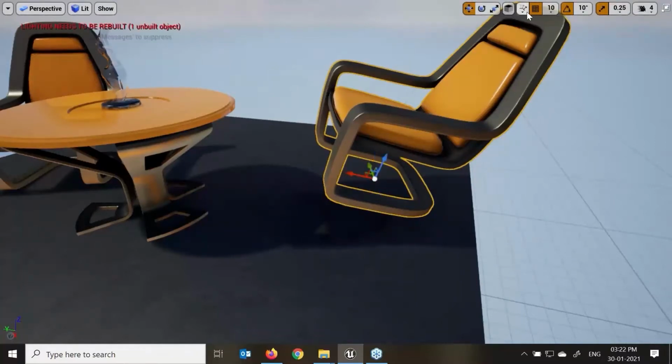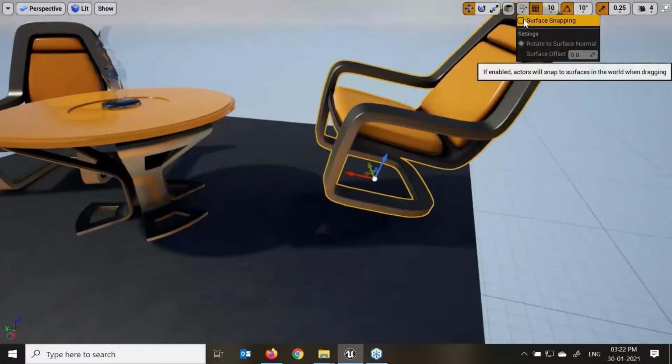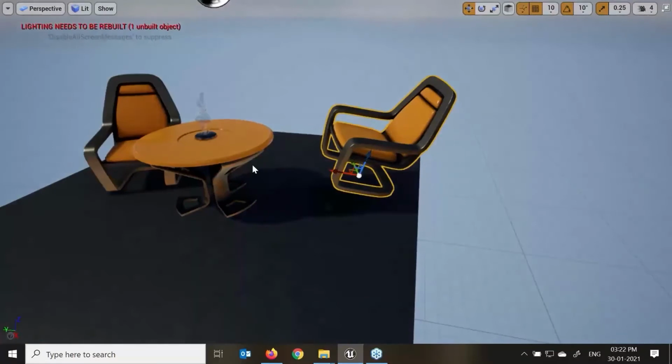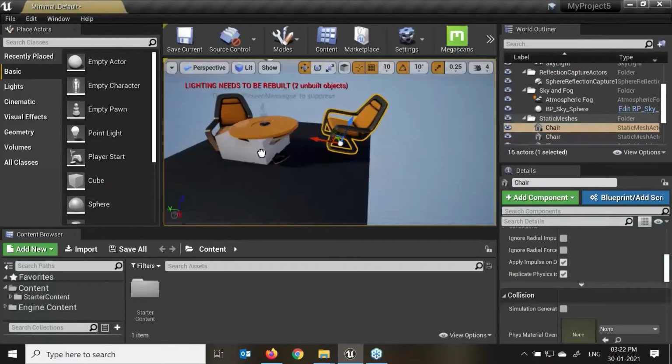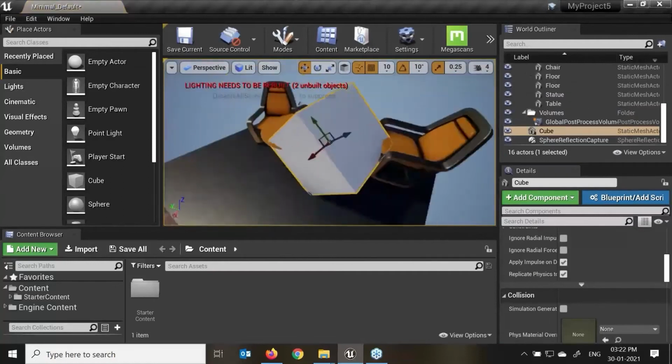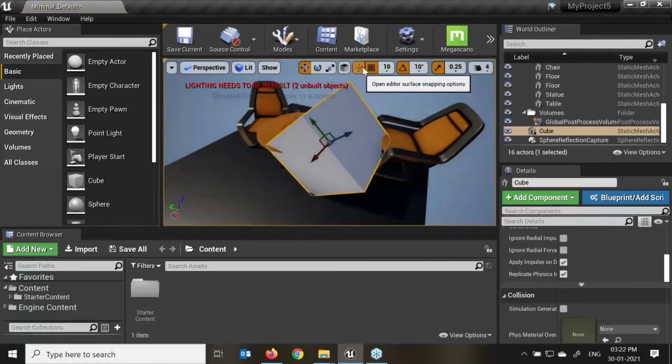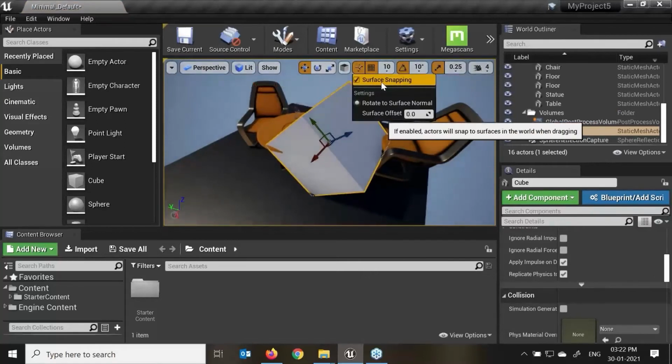Cool. So next to that, we have the surface snapping option. If I'm creating any object and I want to snap that new object onto my already created objects, for an example, I'll go to my basic shapes over here. If I select this cube, you can see it automatically tries to snap with that vertices, right? So press F, single rotate. Here I'll just click over here, snap, surface snapping option is on.